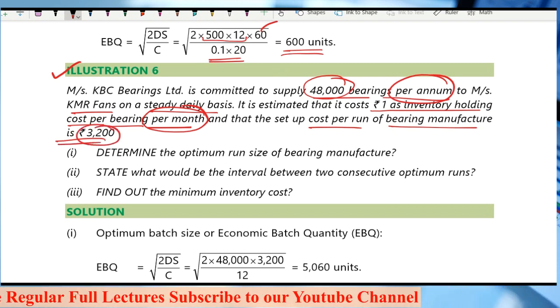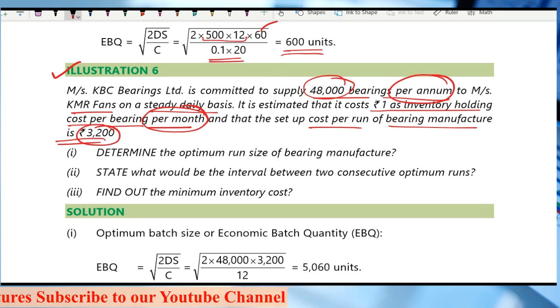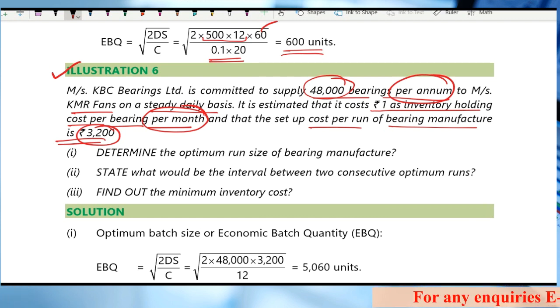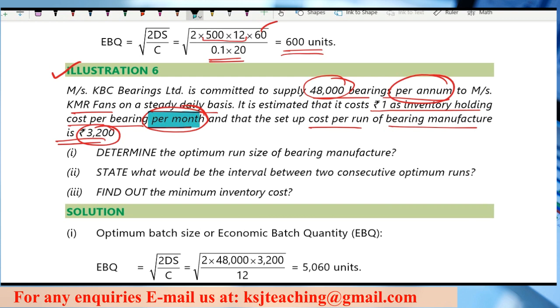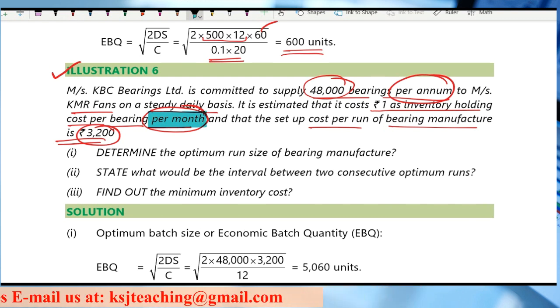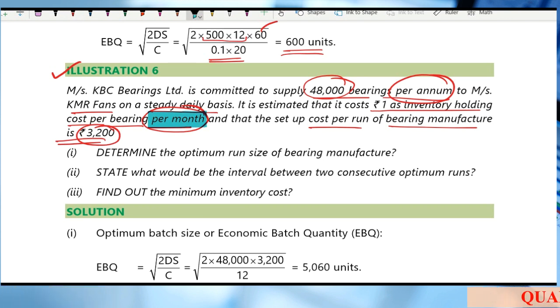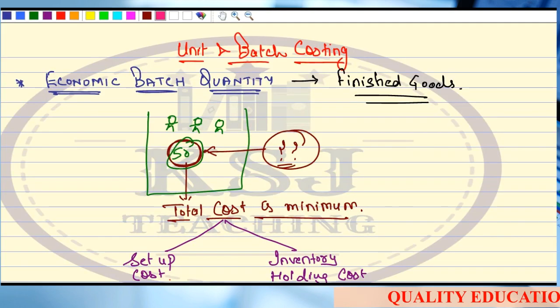What they have played with is the inventory holding cost. Sir, why have they played? It is given ₹1, and that is what you will take in the examination. ₹1, question solved, right? Because we are not in the habit of reading the question. See, some people might say that, sir, you are repeating the things, but why I am repeating the things is that you should not forget them in the examination, right? What I have written here, see the notes.